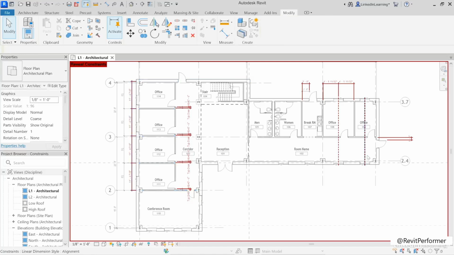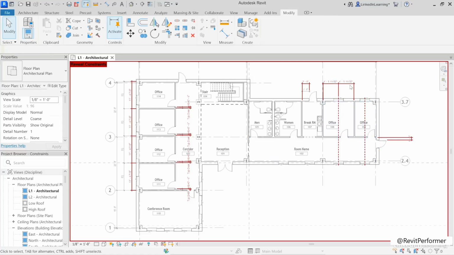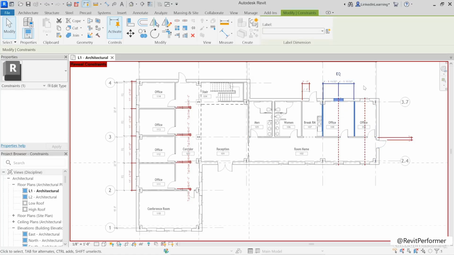Now, the other thing you'll notice is there's some constraints that were in this model that weren't visible. They were here already when we started. So this is another nice way to use this tool, is to identify ones that you're not seeing that don't necessarily have dimensions associated with them. Now, earlier we deleted that dimension and we decided to keep the constraint. Let's say you changed your mind now. It's as simple as selecting the red dimension here